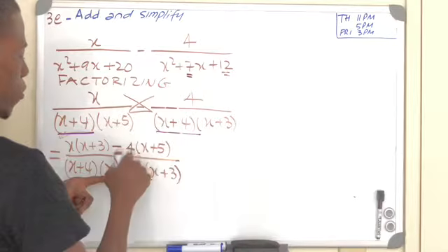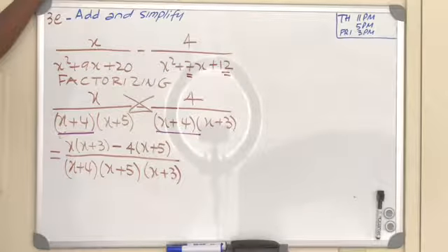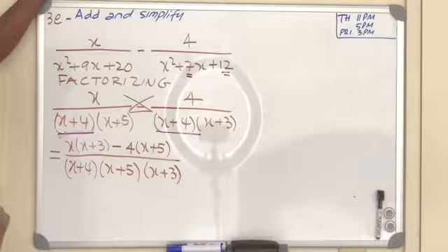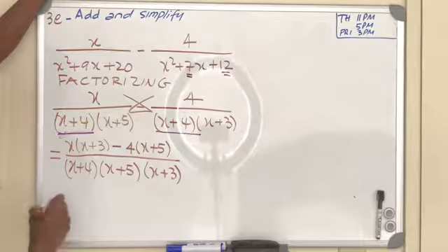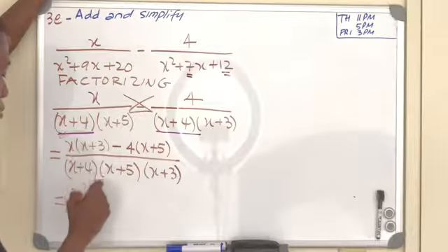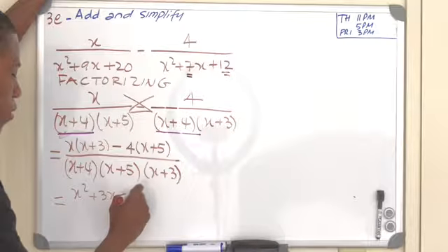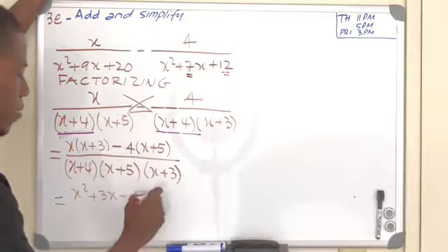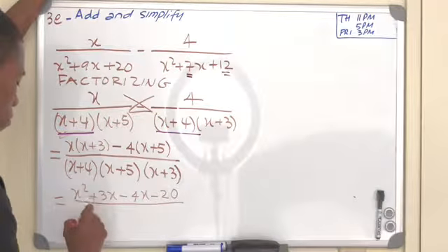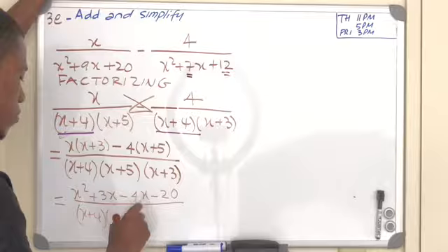It's 4 times what I don't have, x plus 5. Got it? Okay, so from here, I can spread out my multiplication to see if I'm going to find a way to simplify a little more. So x times x is x squared, plus 3x, minus 4 times x, minus 4x, minus 4 times 5, minus 20, divided by the same x plus 4 times x plus 5 times x plus 3,